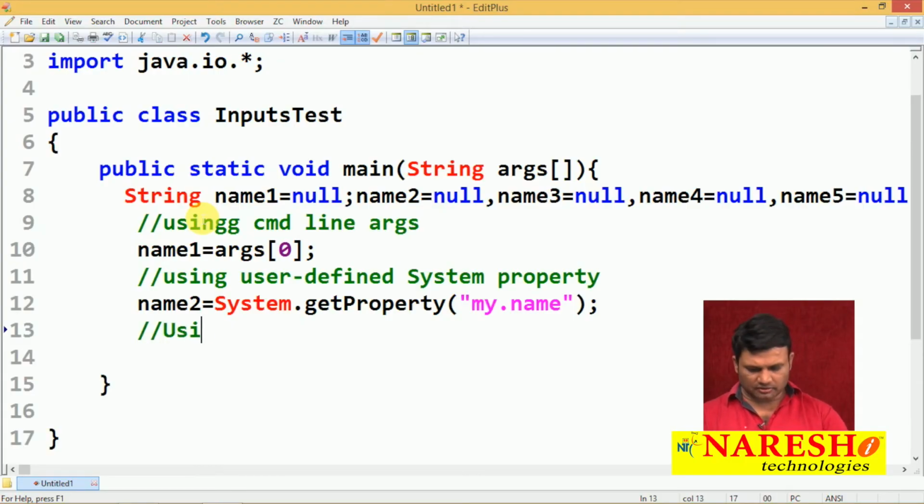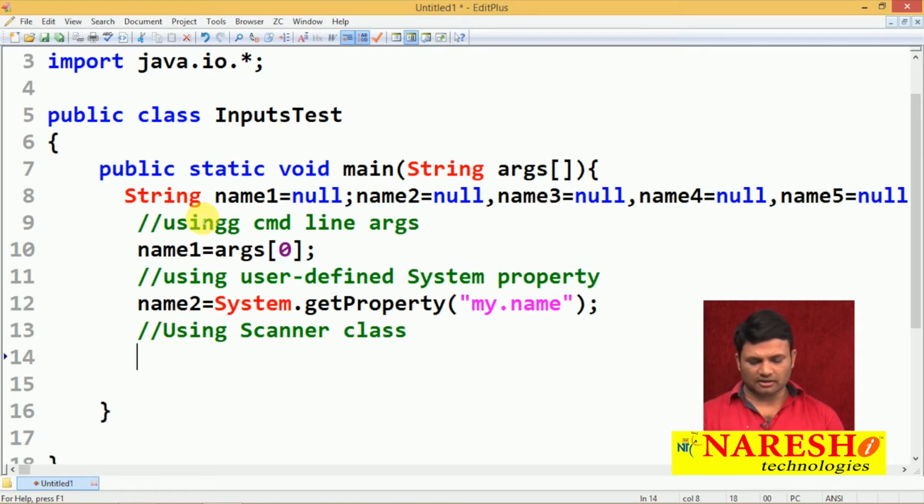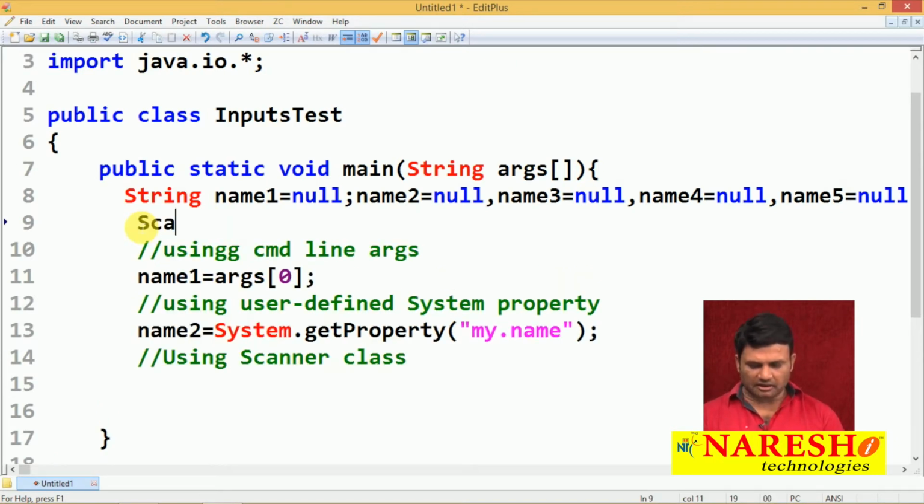Next, what is the next one? Using Scanner. Yeah, using Scanner. So first of all, I need to create a Scanner class object. So for that, let me declare the variable here. Scanner sc is equal to null. Yes, sc is equal to new Scanner of